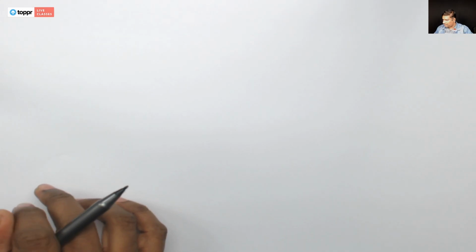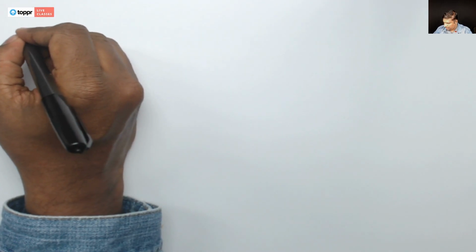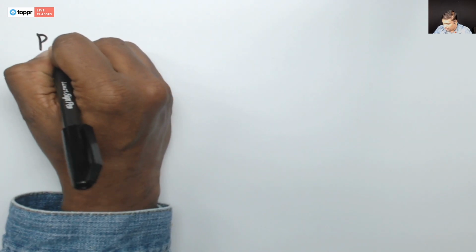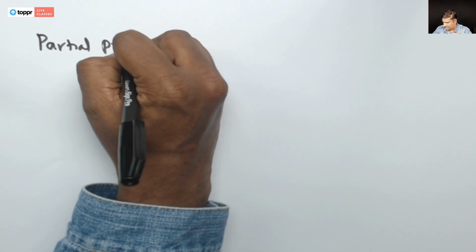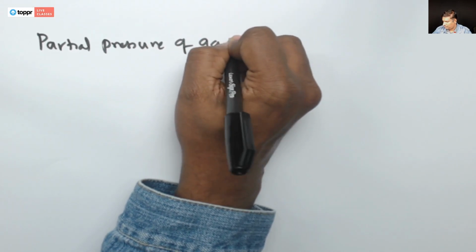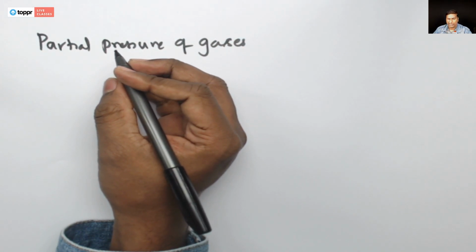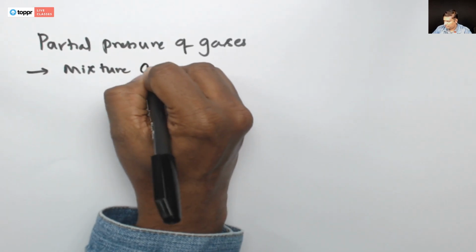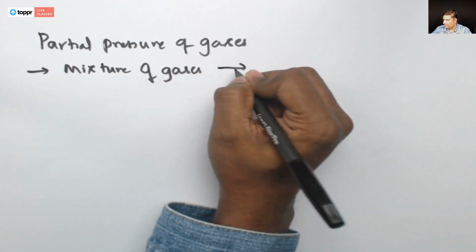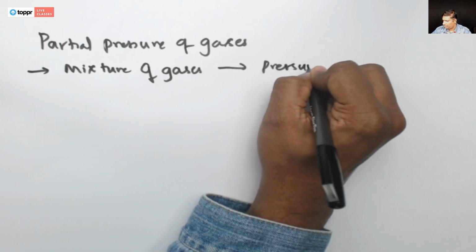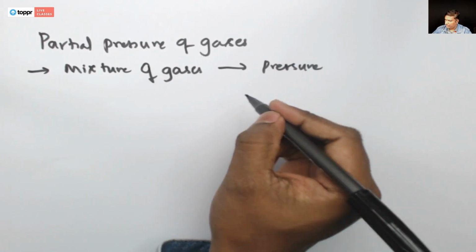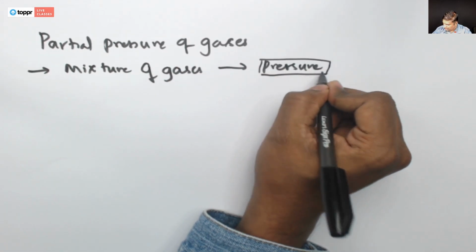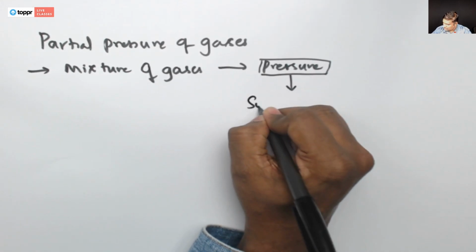Okay, now before actually looking at that aspect, I want to give you a brief explanation about partial pressure of gases. Okay, partial pressure of gases. So if you take a mixture of gases, this mixture will have some pressure, right? Some pressure. Now, this pressure which is generated, or this pressure that is present in a mixture of gases, is because of the partial pressures of